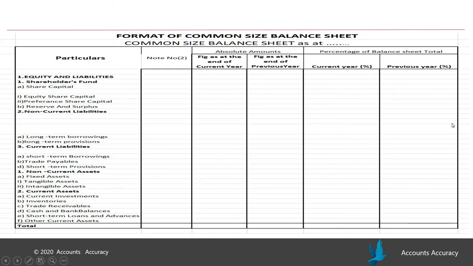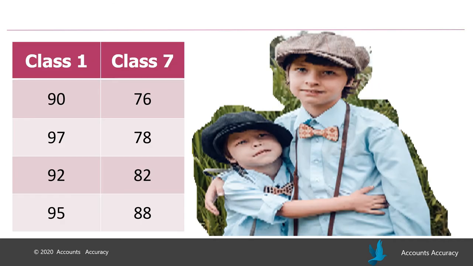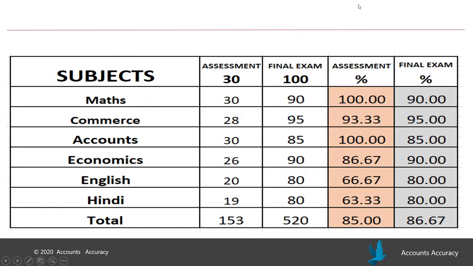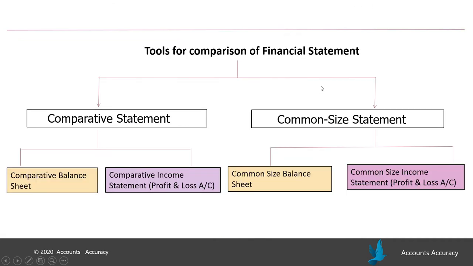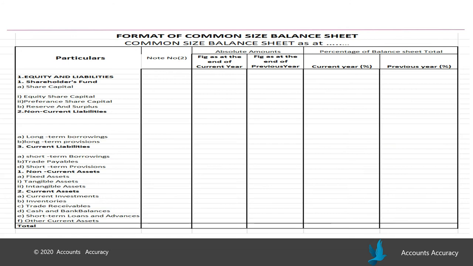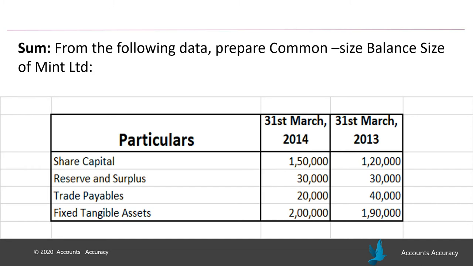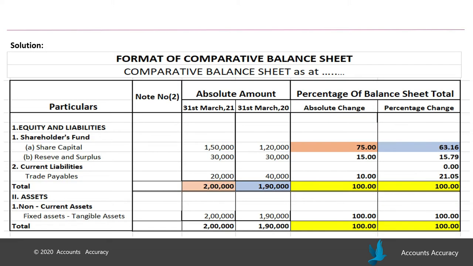You will make two columns of percentage, like I explained in the case where you kept 100 as base. In the same way, for finding out the percentage you will have to keep the base as the total value of the asset column and the total value of the liability column. This thing you have to remember: the base would be kept as the total value, and you know the total value of your assets and liabilities always remains the same.